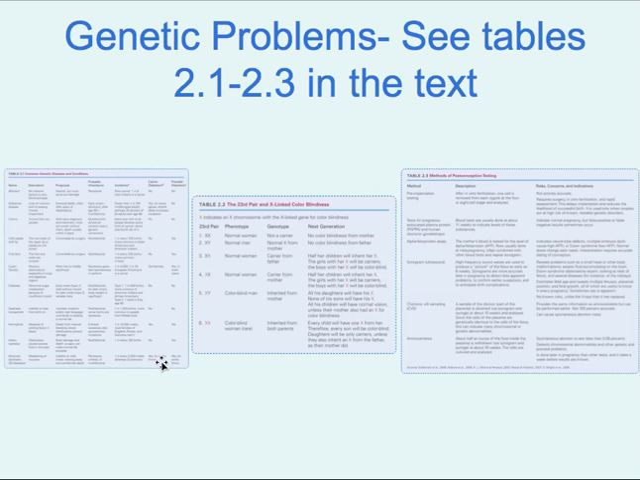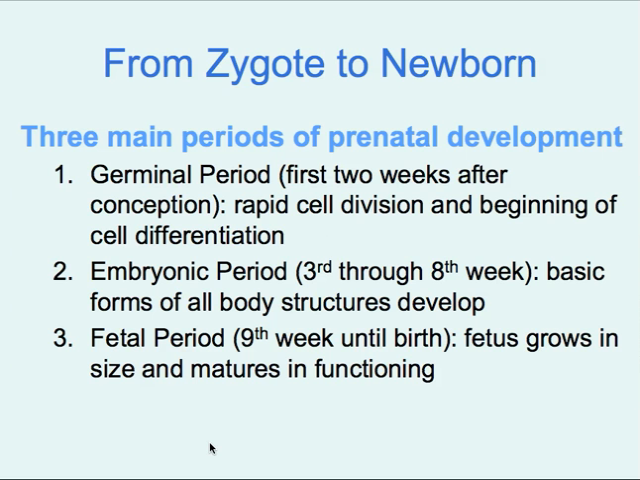Okay, I've pasted three tables that look at genetic problems, genetic disorders, some of the more common ones. This is table 2.1 here, 2.2, and 2.3 in the text, and this is just a slide to remind you to take a look at those tables. Okay, so we've talked about the formation